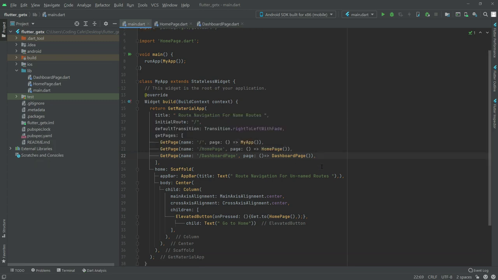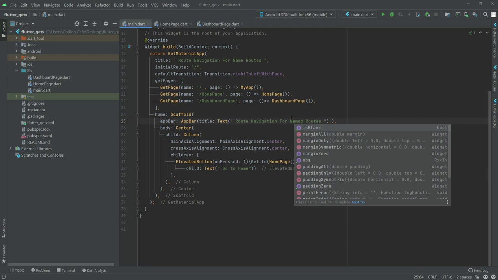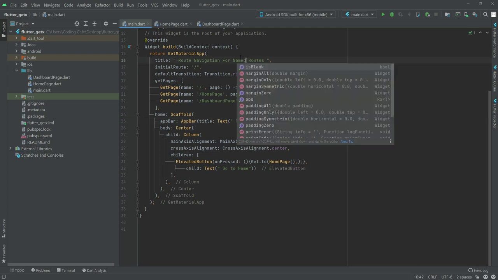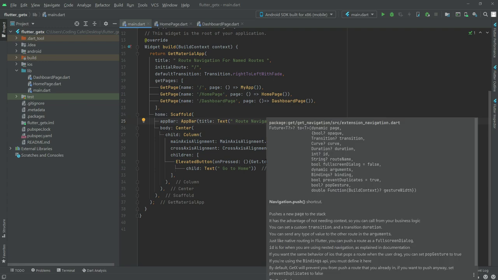So now scroll down and remove that from here, unnamed, and we will set it to named. Put a D in here, it will be "named", not "name", or you can write it, there will be no problem. So now for named routes, in here we will simply give the name.